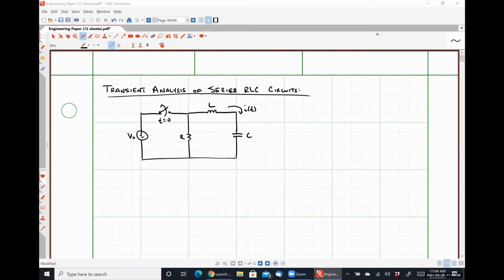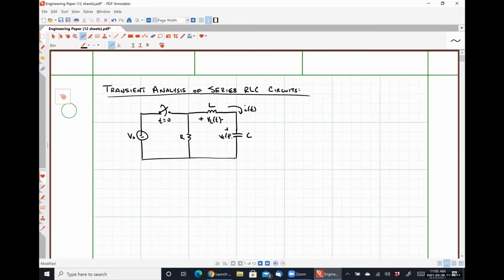Okay, not a problem. All right, so I'm going to define my current i(t), which will be common to my series RLC circuit. And I'm defining it in a specific location so that you will, generally speaking, associate it with the inductor current, because it is representative of the inductor current, which we know cannot change abruptly and all that kind of good stuff. So based on the direction of this current, I'm going to have some voltage v_L(t) like so,